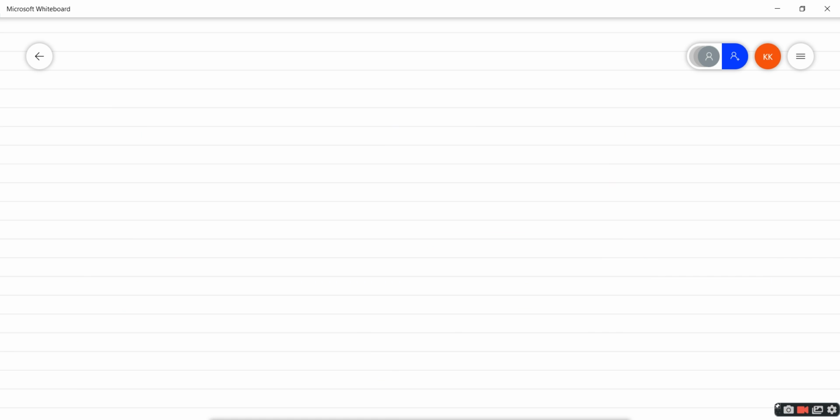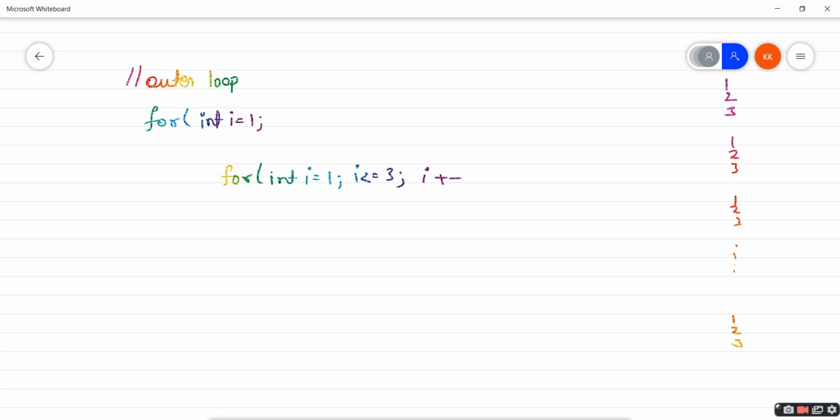So instead of using the same for loop again, what we can do is use an outer loop to repeat the inner loop. I already have explained this one, but a little introduction. Let's suppose I need to print this 1 2 3 10 times as my output. I know that this for loop is something like this: for int i equals 1, i less than or equals to 3, i plus plus, cout i endl.